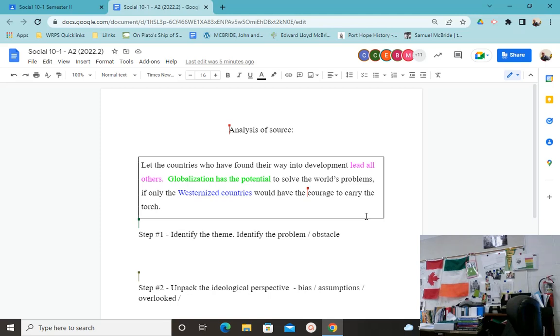So although the world has problems, and you can even add an and if you want, right? Although the world has problems, and some of them were caused by the way Western countries found their way. You can even add that, right? Although the world has problems, and some of them were caused by the manner in which or the way Western countries found their way,